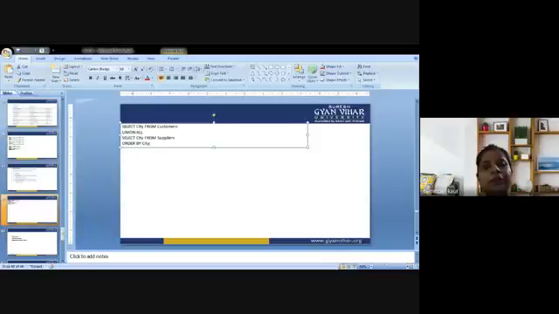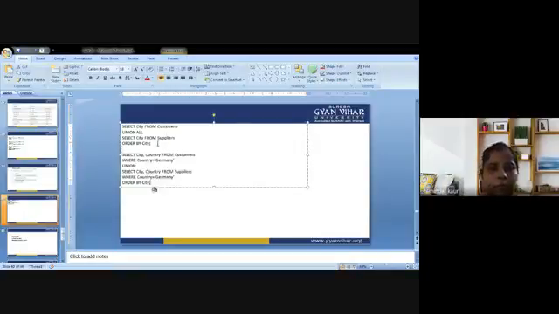Next is SQL union with where. Now we are supposed to use where condition here. That is, select city, comma, country from customers, where country is equal to Germany. Now I am using where clause here. Union, I am supposed to combine select city, comma, country from suppliers, where country is equal to Germany, and it could be ordered by city. So this could be my interpretation for the same.